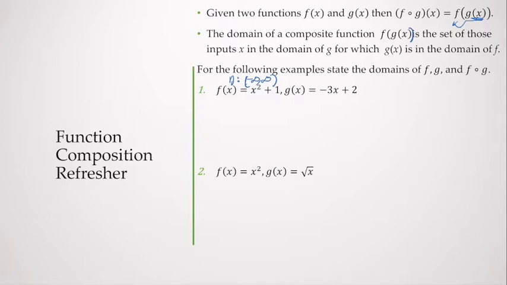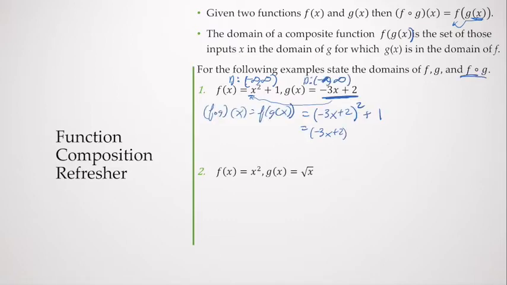So let's take f composed with g of x. This is going to be f of g of x. I like rewriting it this way because it helps me remember I'm substituting in g of x for x in f. So this gives me negative 3x plus 2 squared plus 1. I substituted in g of x in for f. Now I have to FOIL this out